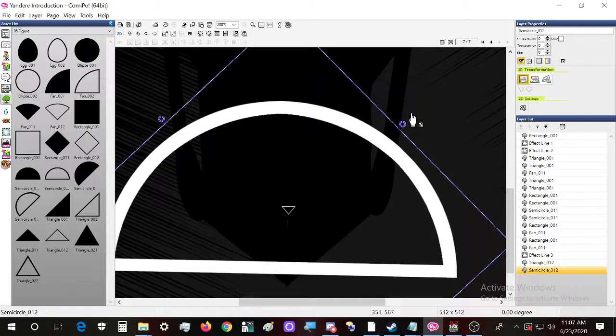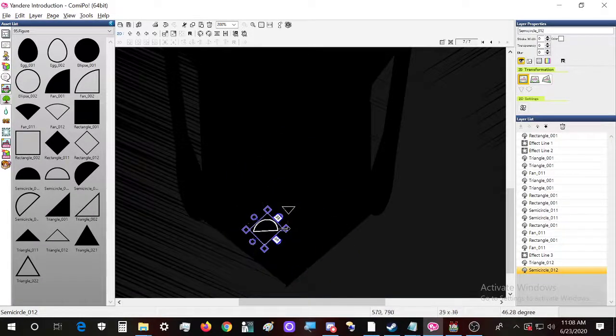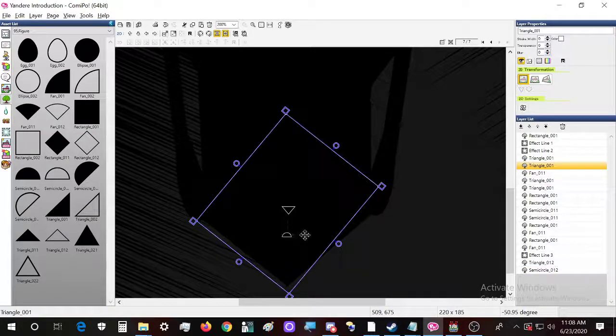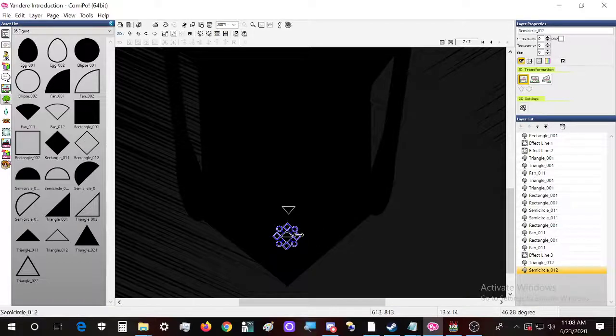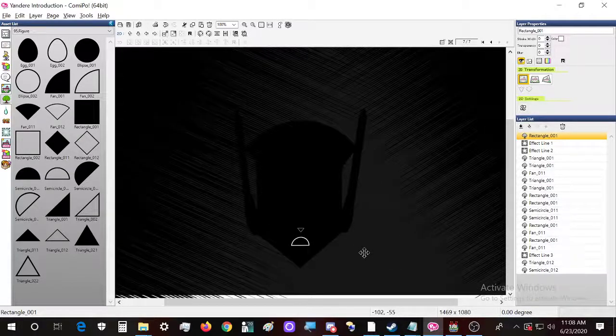Now let's see, can we make it so small that it doesn't really matter? A semicircle. It could look good.